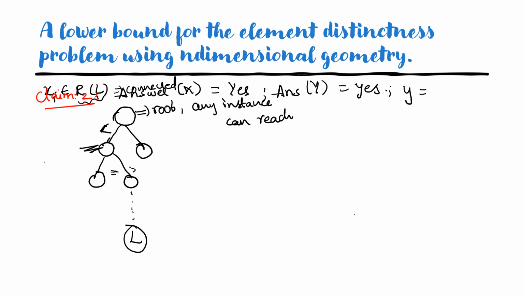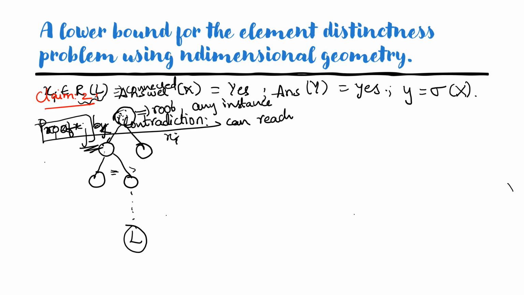So for any instance xi, let the label for this root be j. For this particular root node, any instance can be reached. To reach this node, it should satisfy the condition xi is less than xj. So only those which satisfy this condition will reach this node. Similarly, those which satisfy the branching condition at this node will reach this node. So it will be going to the leaf node L.